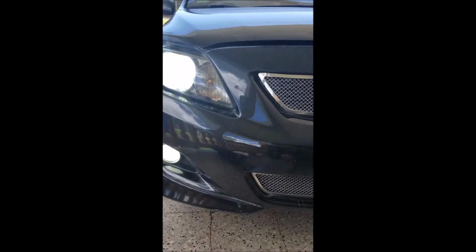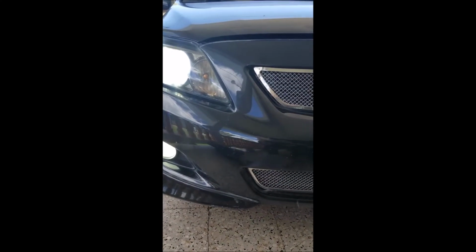night and day. So here, this is the low beam and the fog lights. You could see it's a huge difference, plus it looks really nice. So this is the AuxBeam, this is the before. So I'll have another shot later today or tonight. I'll try to capture how it looks in the night with both sides on and see